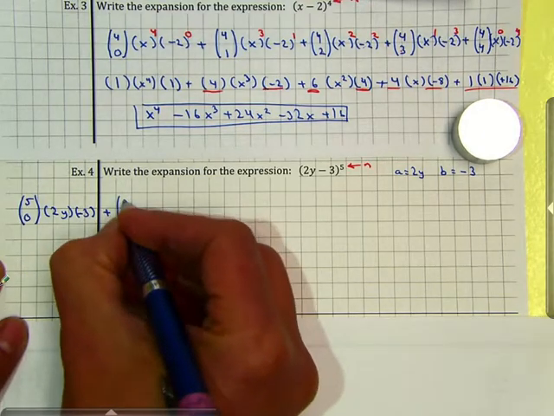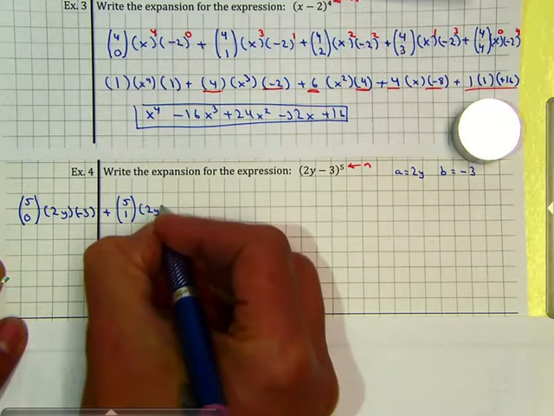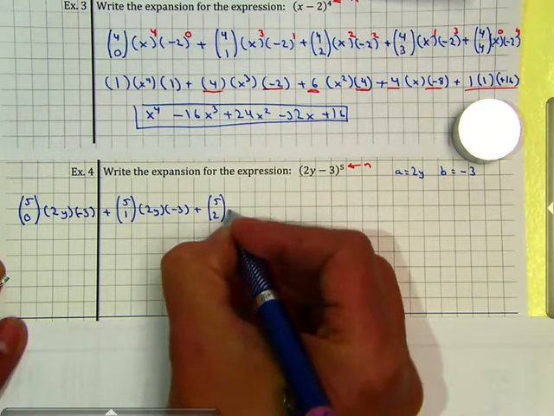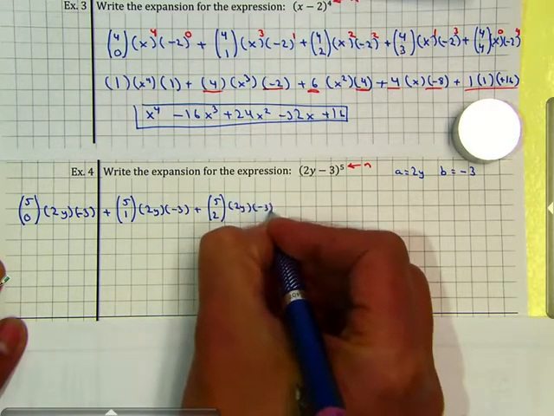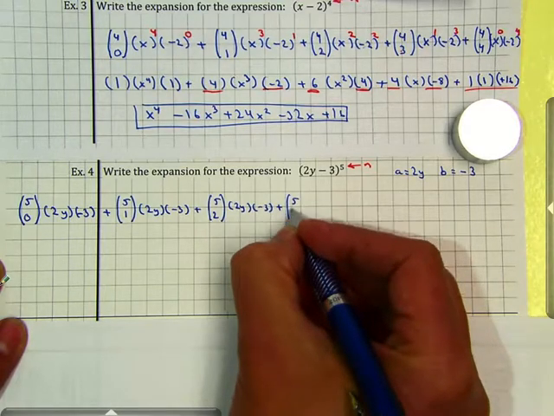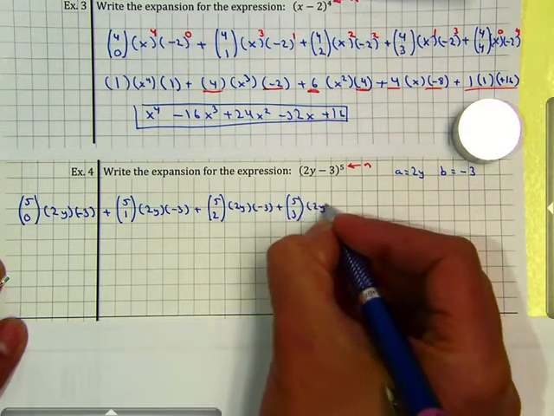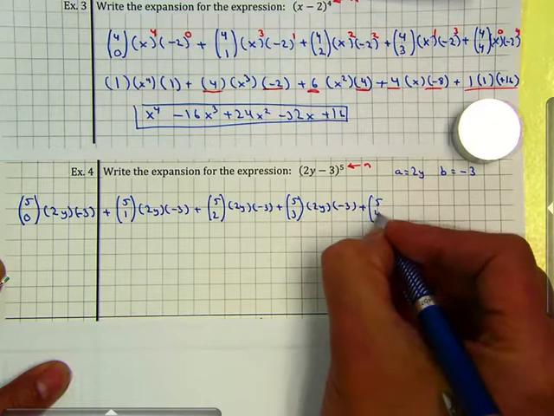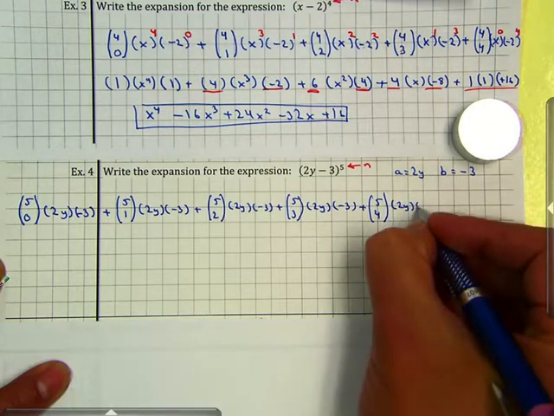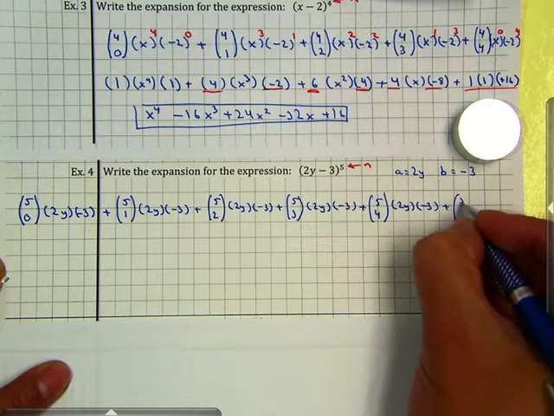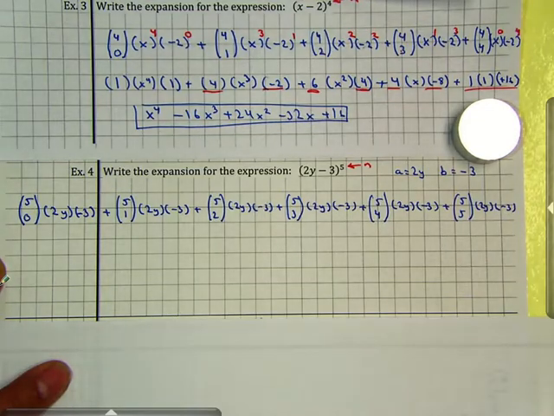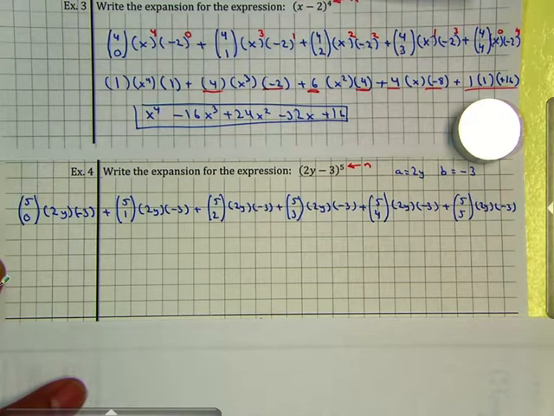Plus 5 choose 1, 2y, negative 3. Plus 5 choose 2, 2y, negative 3. Plus 5 choose 3, 2y, negative 3. Plus 5 choose 4, 2y, negative 3. Plus 5 choose 5, which is the last one, 2y, negative 3. Once you have this,